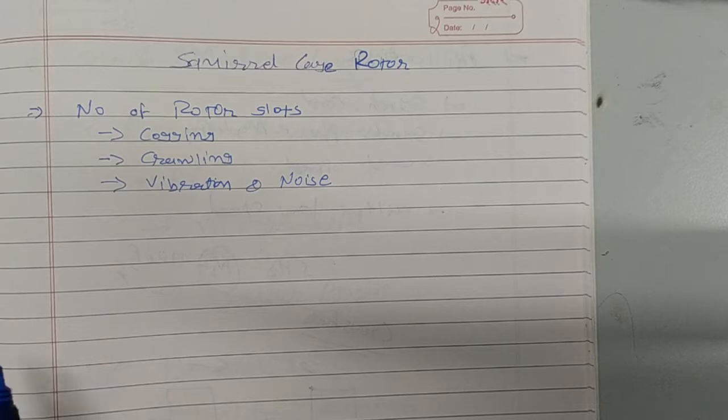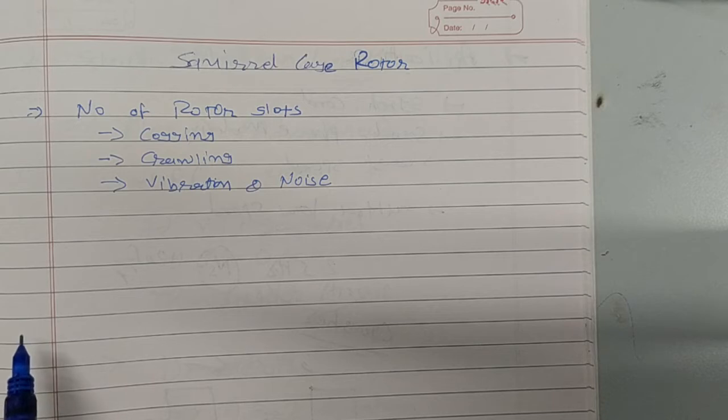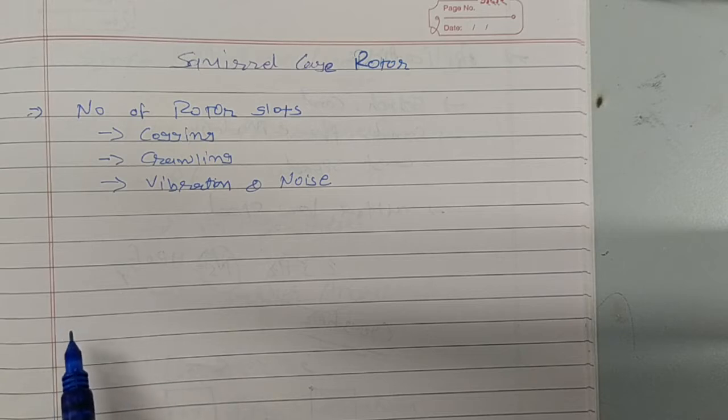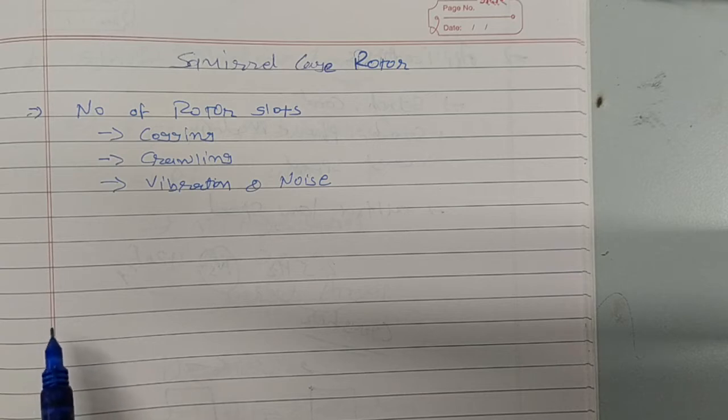So you already know what is unbalanced magnetic pull: when gap irregularity is there, the rotor shaft tends to bend into a certain direction, making the air gap more and more smaller, and again the attraction force between the stator and rotor is going to be disturbed. Okay, and when the rotor runs, the unbalanced magnetic pull moves around the air gap at a definite speed, and it will cause the rotor to vibrate, and if this phenomenon attains further development, it may make the rotor operate dangerously, or the operation can be impossible.